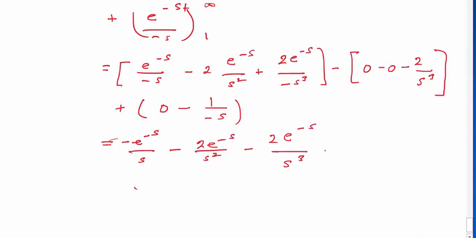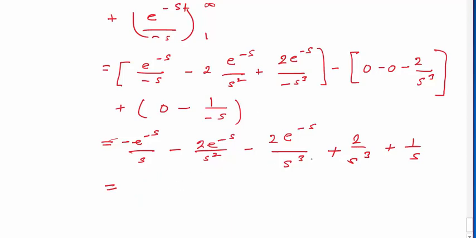Everything is minus, this minus minus will be plus 2 upon s cube, and this plus 1 upon s. So finally what we will get is equal to, now here e power minus s upon s